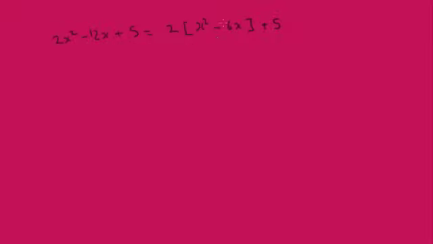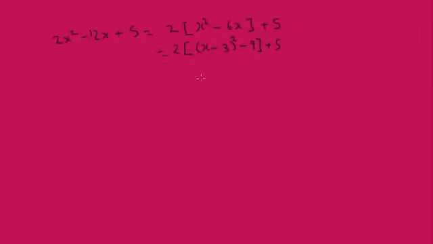Now the part inside the square bracket we can now factorise using completing the square. So with x, this one's a minus this time, not a plus, so minus half of 6 is 3 squared. 3 squared is going to be minus 9